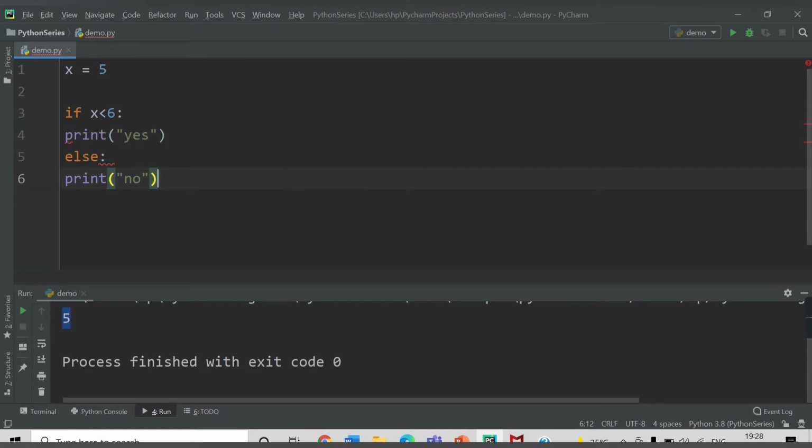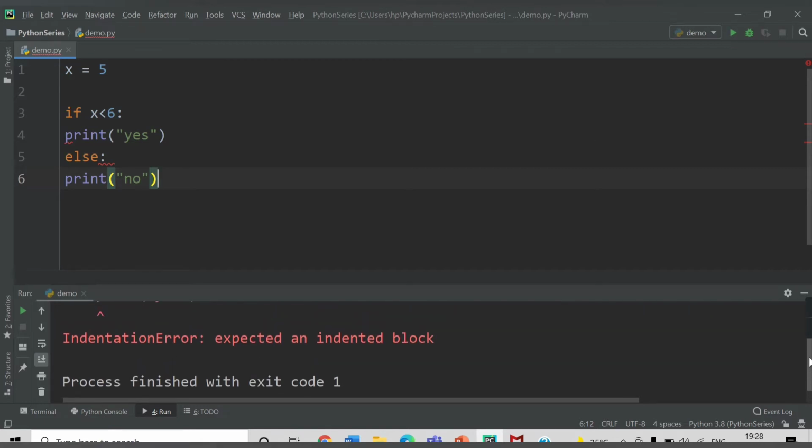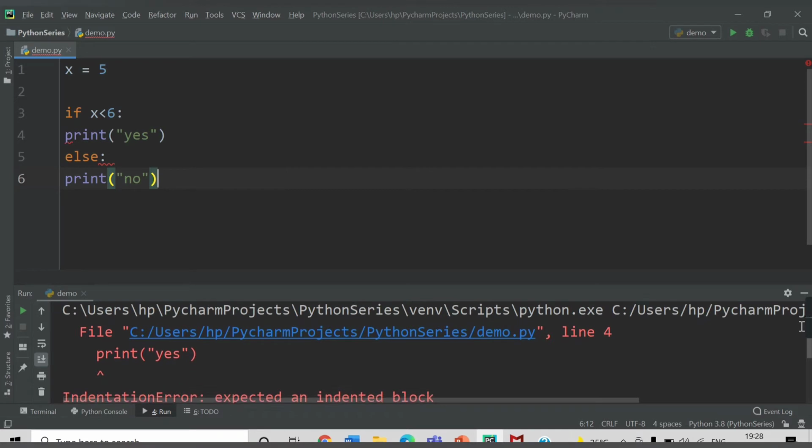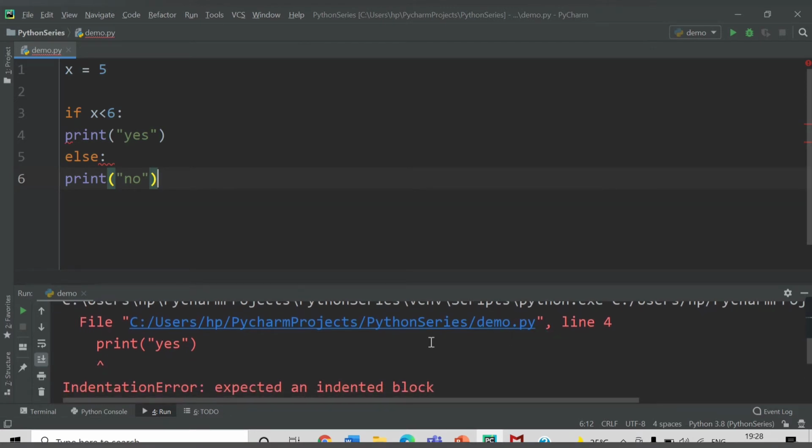Let's save this and run this. Currently I am getting an error which says demo.py file, line number 4. This is the line where I am getting the error: IndentationError, expected an indented block.